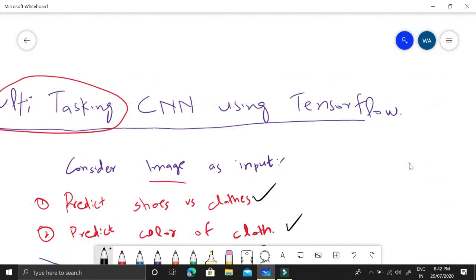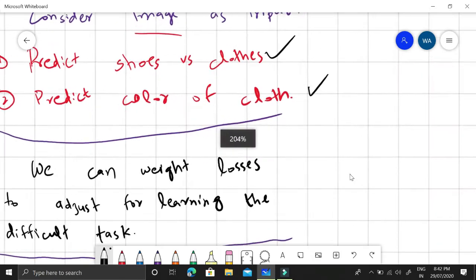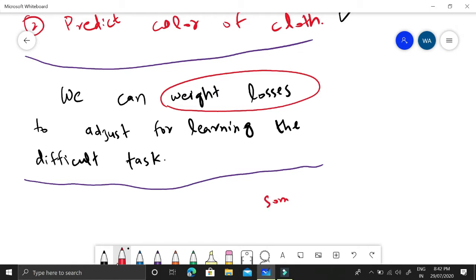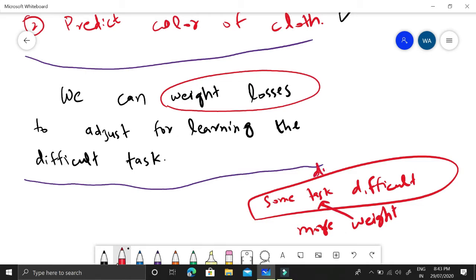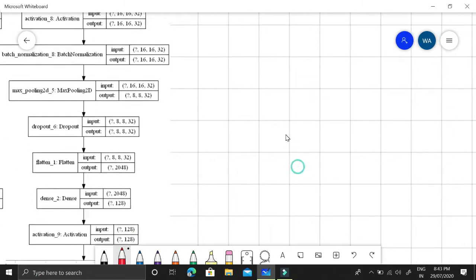Now let me show you a few things. I'm expecting that you know about convolutional neural networks in general. You should also know that we can adjust the learning of these different networks using weighted losses. If there is some task which is more difficult than the other tasks, we will give more weight to that difficult task, because the network should focus on learning that task more while looking at the error.